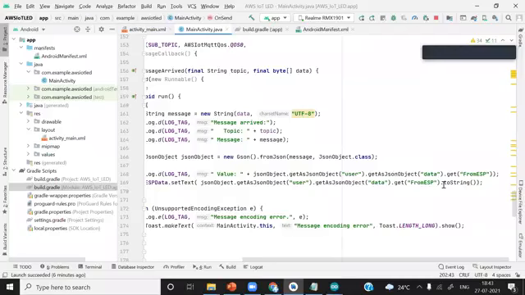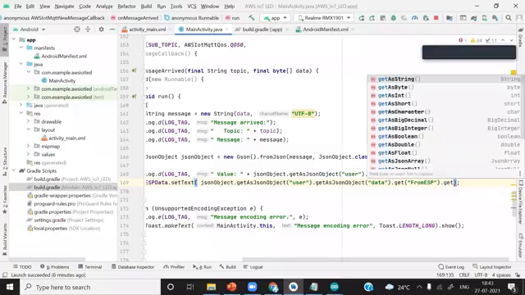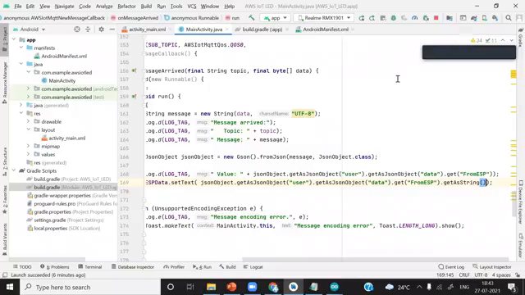Instead of using toString, we have to use getAsString. It will convert whatever string is coming into a pure string. Okay, getAsString. Now we will rerun it again. Same application I'm running.